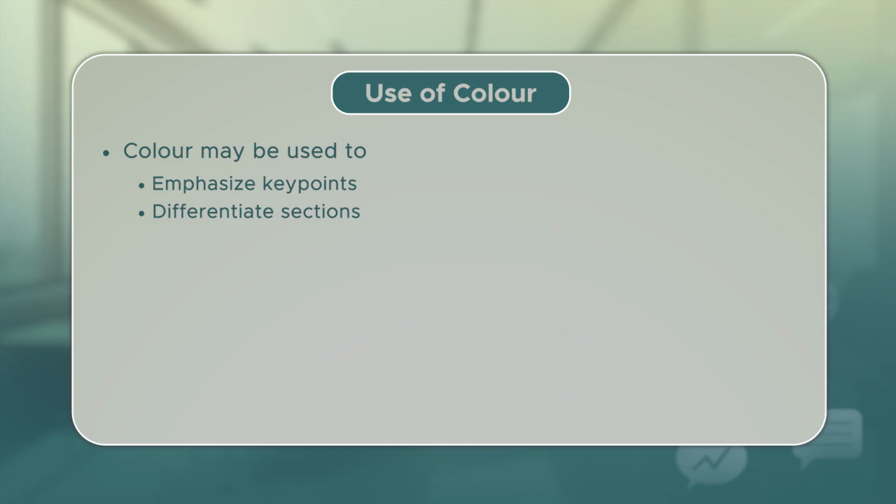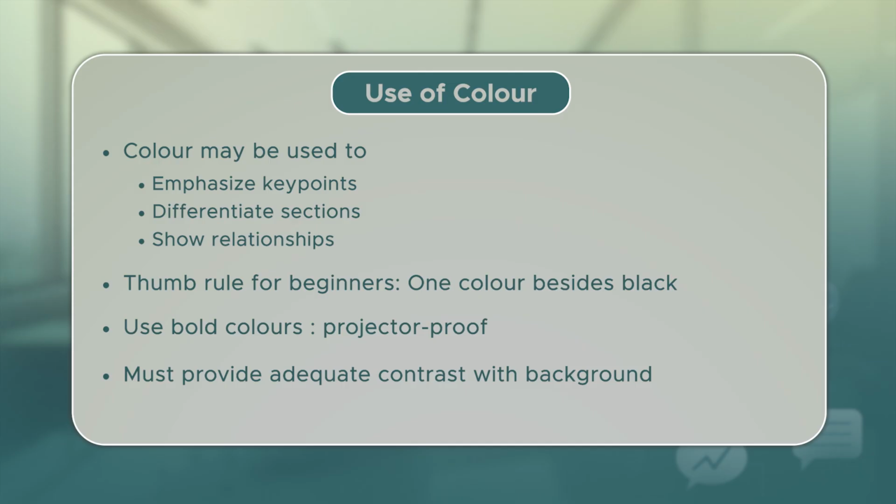Or if I'm talking about company A versus company B, I can use company A in one color and company B in another color. Okay, so color is useful. Color can be used to highlight, it can be used to differentiate, it can be used to show and make evident relationships. Use it intelligently, okay? Also remember that the most visible color combination from a legibility point of view is black font on